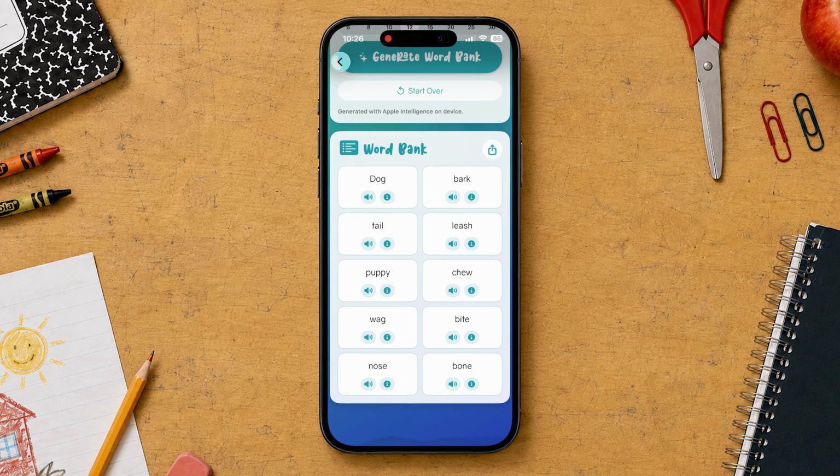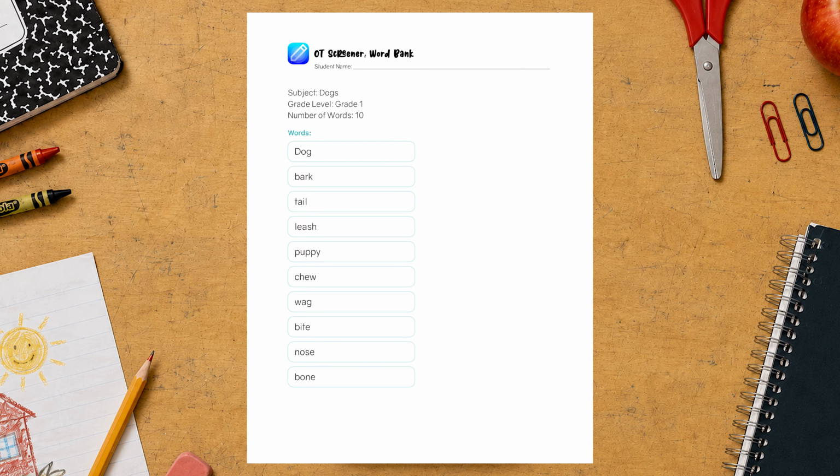Word banks can be exported when printed copies are needed. Tap the export button in the upper right corner of the word bank card to generate a PDF. The PDF can then be printed, emailed, texted, shared through AirDrop, or opened in other third-party apps used by your school district. The exported form includes basic information such as the subject, selected grade level, requested number of words, and